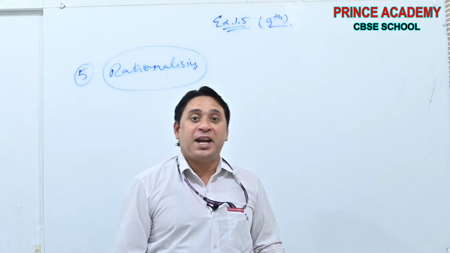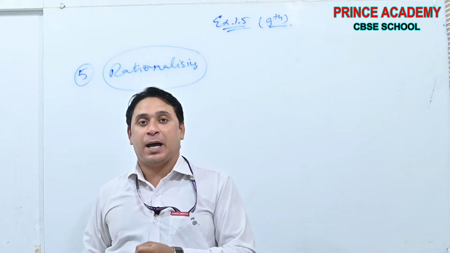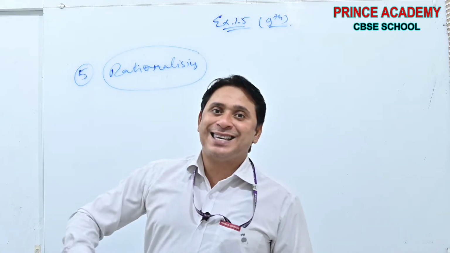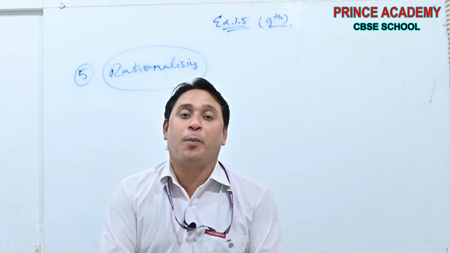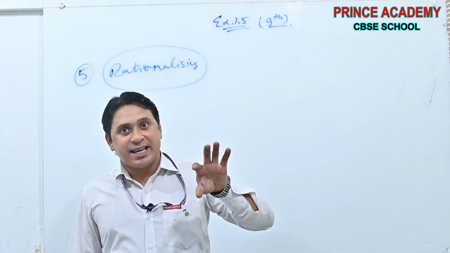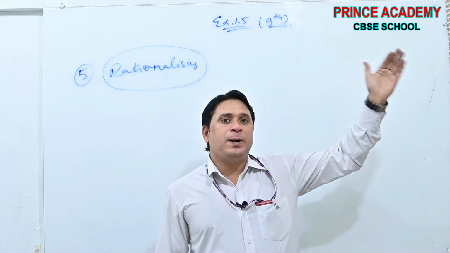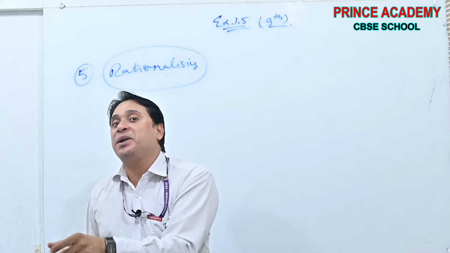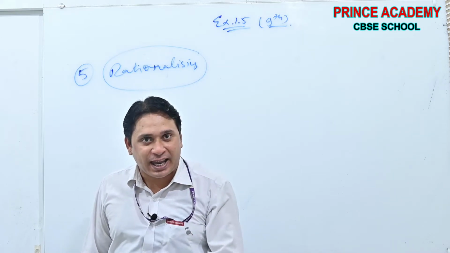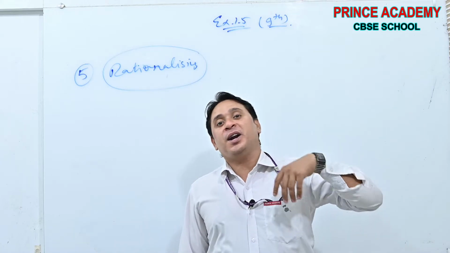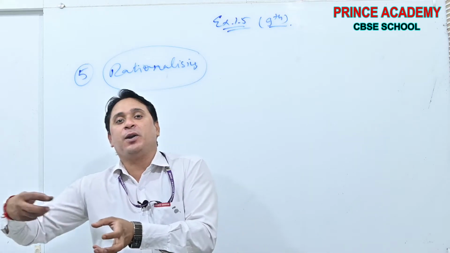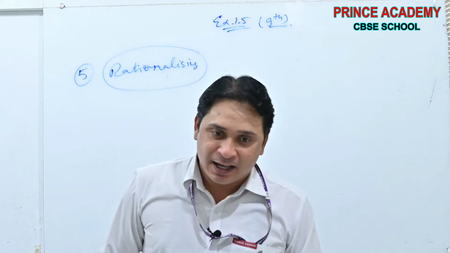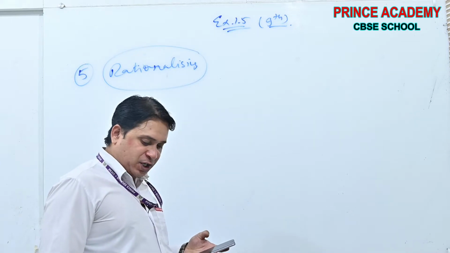Okay? In Hindi, it is known as हर का परिमेयकरण करना, meaning rationalize करना. Okay? Rationalizing the denominator. We have to rationalize the denominator. But rationalizing includes both, whether it is the numerator or the denominator. But according to the rule, we should not leave the denominator as irrational. That's why in 99 not 100% of cases we rationalize the denominator only, to remove the root from the denominator part. Okay? See, what is the process of rationalizing?